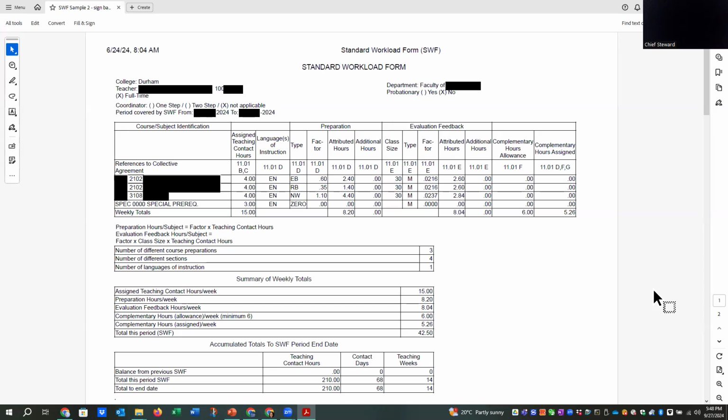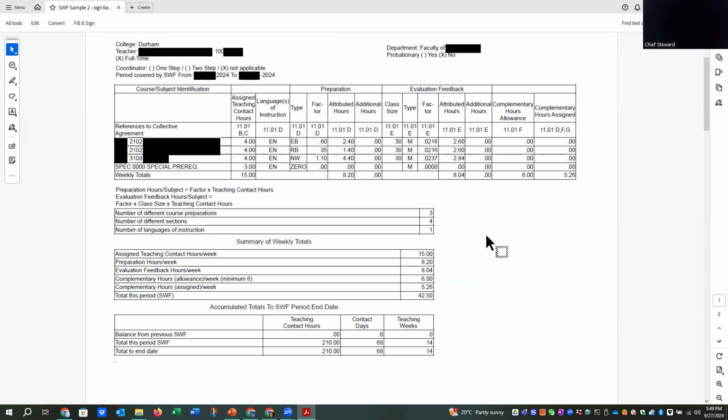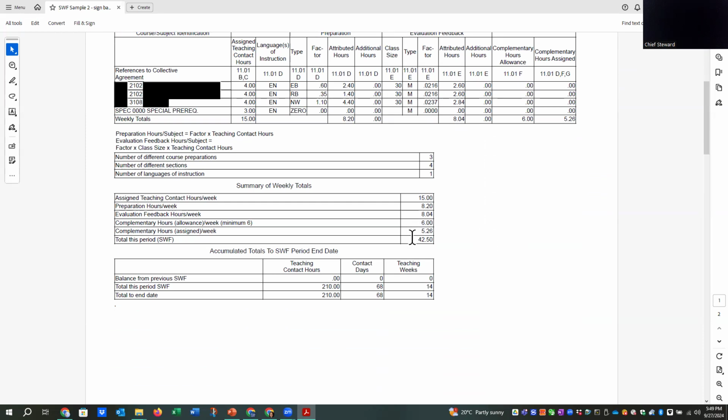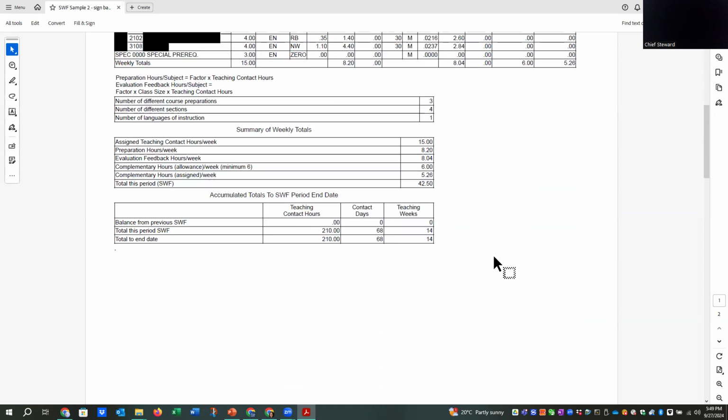And here's a different one. I'm not going to really worry about the stuff up top, but we can see we have 1, 2, 3, 4 items listed here. So just 3 different course preparations. This person has a special allocation of time on theirs. And then we've got here, established B, repeat B, and a new course. So different types of courses. And we can tell by the evaluation factors, every single one of these factors is blended. So we carry down here and we can see that this person does fall under the 44 hours.